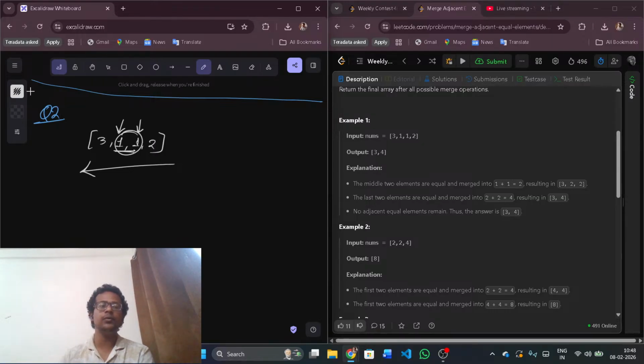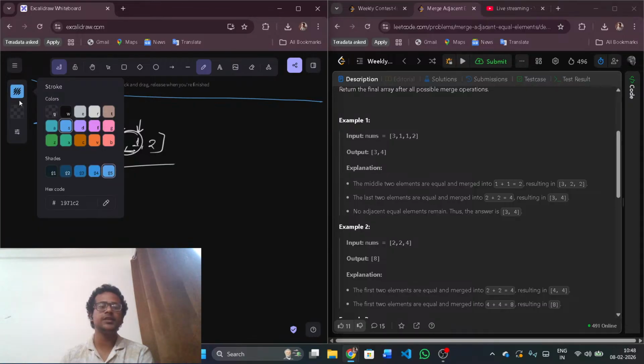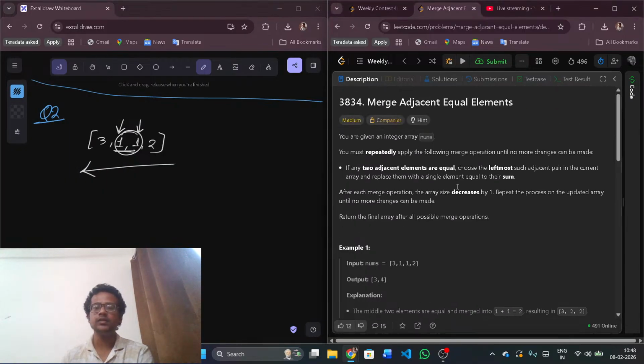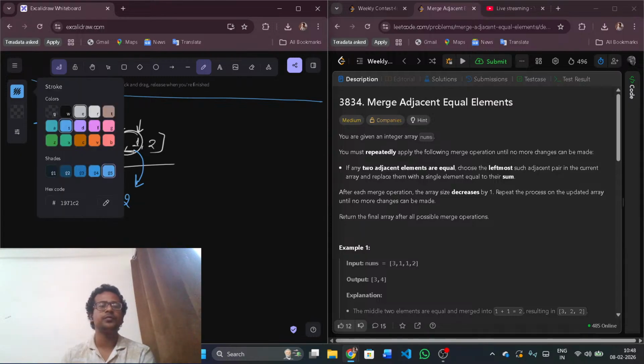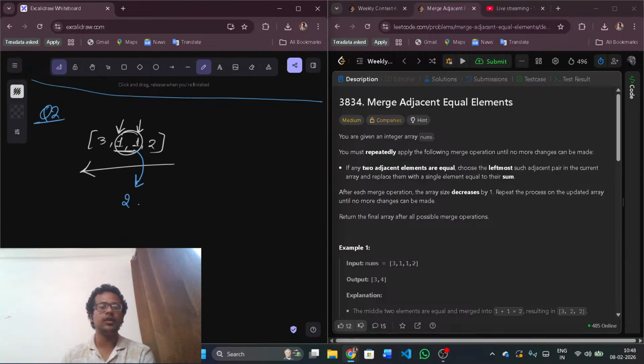So what we will do is choose the leftmost such adjacent pair in the current array and replace them with a single element equal to their sum. What is their sum? 2. Now this is our refined array, 3 comma 2 comma 2. Now again